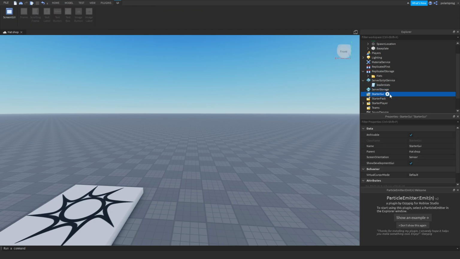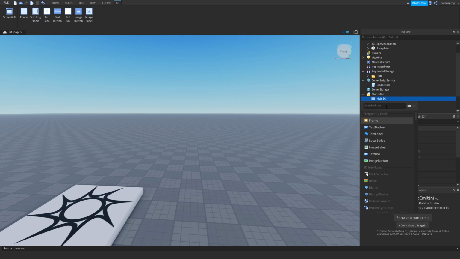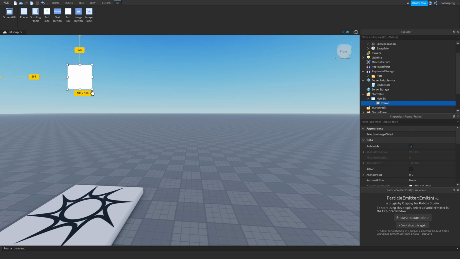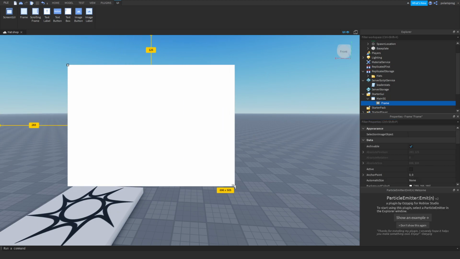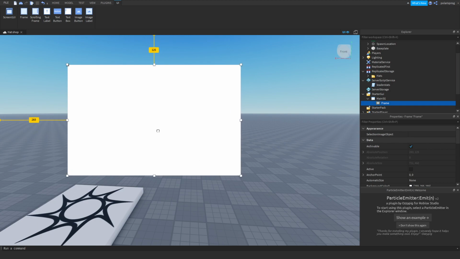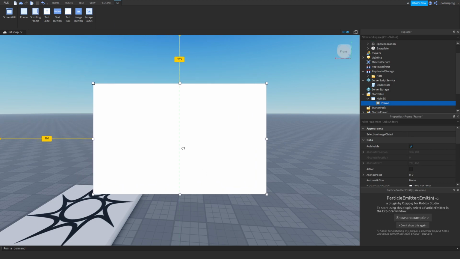And I'm just going to go back here, and what I'm going to do is inside of StarterGui, I'm going to create a ScreenGui, rename it to main SG, I mean main SGE. And I'm going to have a frame in here, and I'm going to resize it. Actually, before I resize it, I'm really sorry for that, just resize it, and download this very helpful plugin